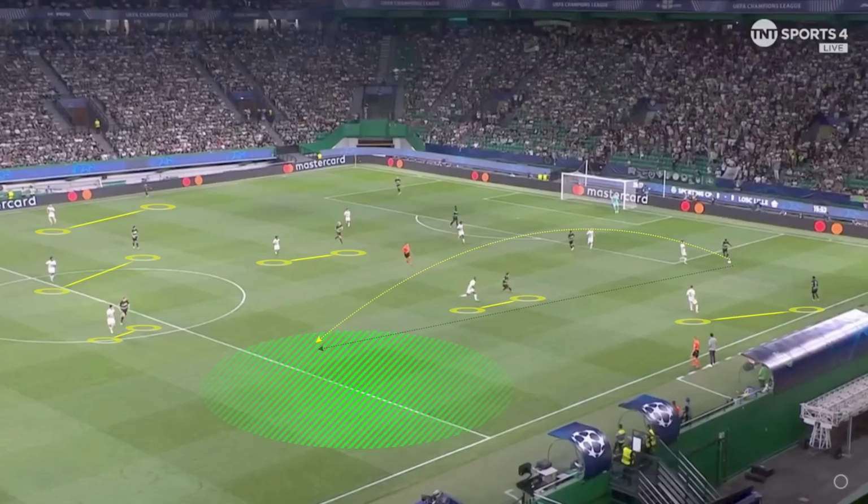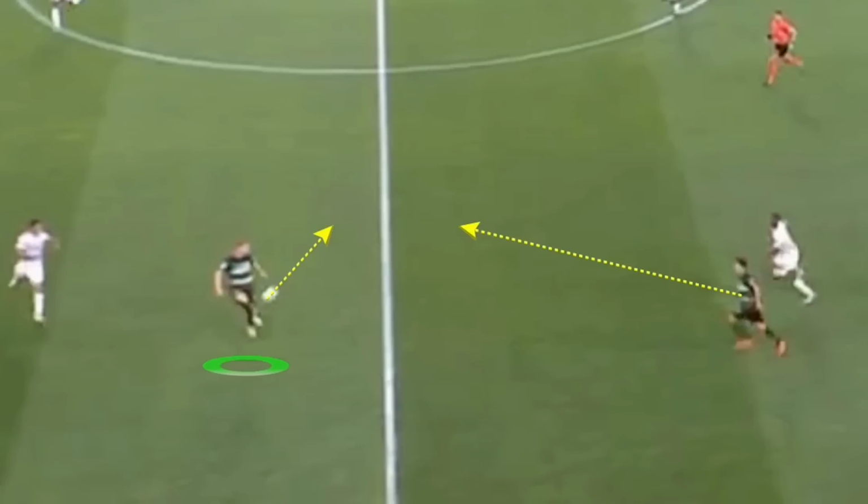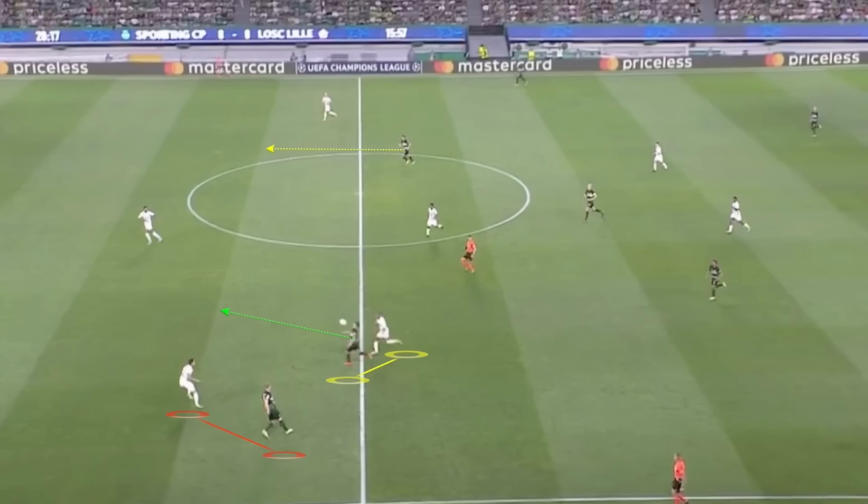But you can see where the space is. It's the right-sided centre-back and right wing-back for Lille getting drawn high up the pitch in the press, and so this opens up the opportunity for Gyökeres to move into the channel, receive the long ball from Rias, and this is where we see Gyökeres' quality and what Højlund has to develop in his game, as first time he's able to subtly knock the ball into Goncalves' path, who has spun and run off Diakite,